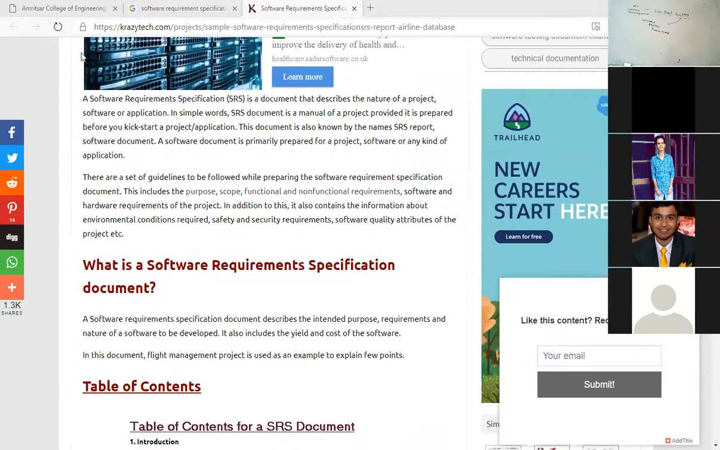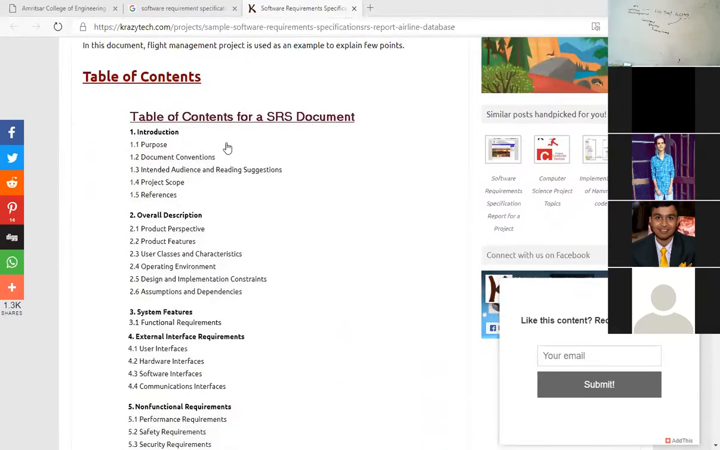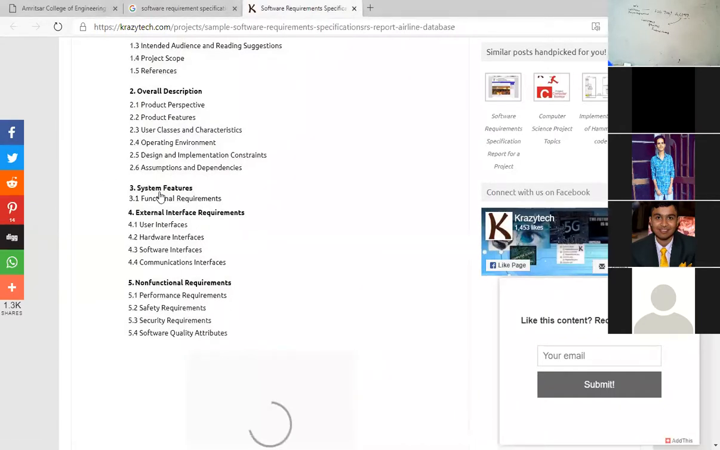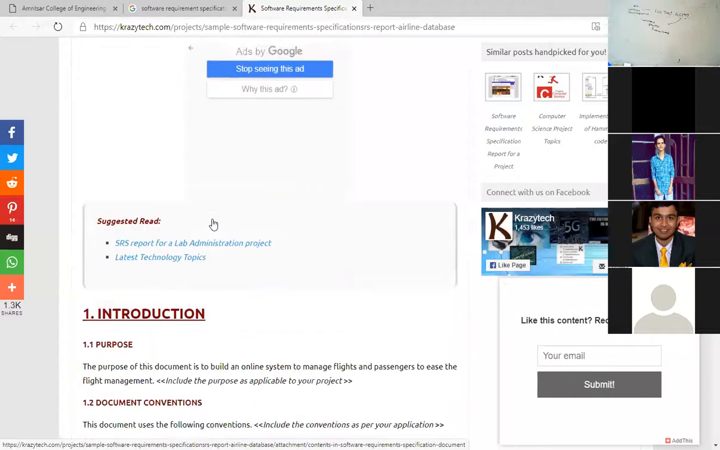So what is basically an SRS document? You need to define the various specifications. You need to write down the table of contents of your SRS document. You need to take a case study of any system. So you need to define the purpose, document conventions, project scope, references, overall description of the project, product perspective, and all these things. Next, you need to have system features, functional requirements, external interface requirements, and non-functional requirements in the SRS part,